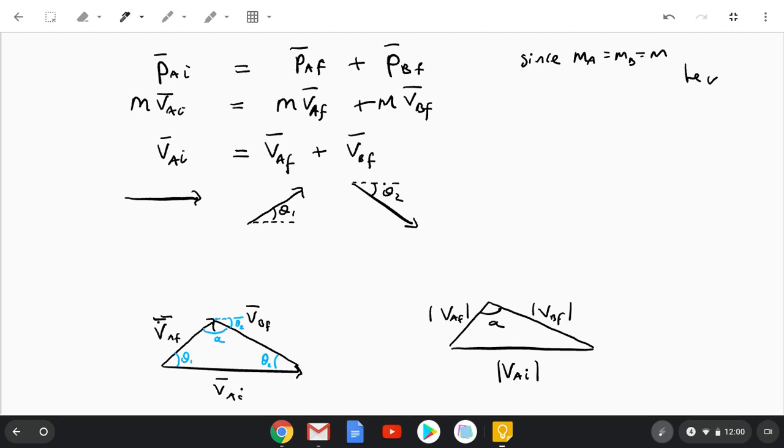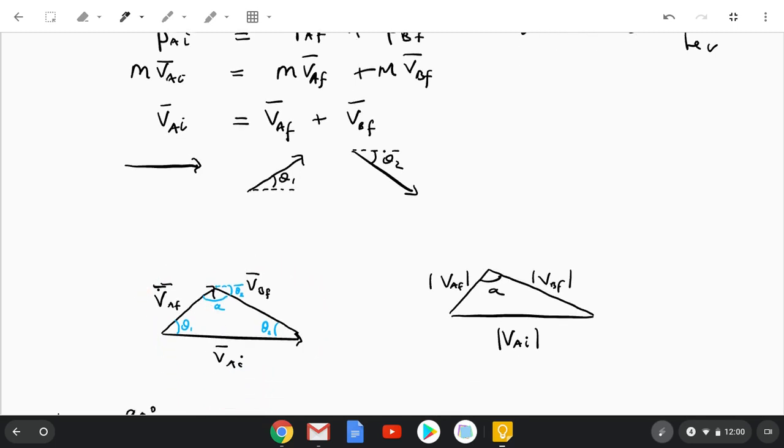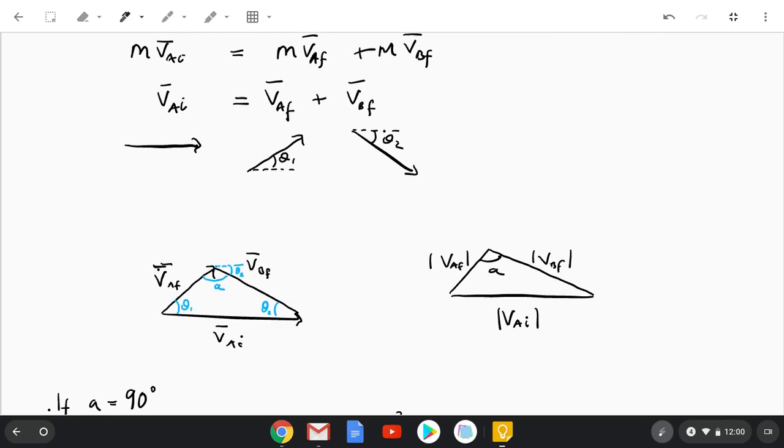So if we've got an elastic collision, this angle here should equal 90 degrees. Right now, we're not sure whether it does. These vectors show the vector triangle. However, there's nothing here to suggest that this angle is 90 degrees yet. But if we want to know what the length of this is,